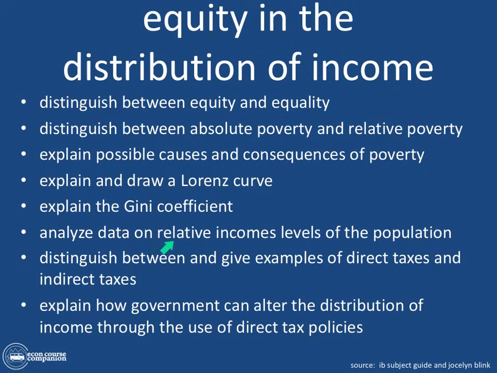Analyze data on relative income levels of the population. Can you do that? Can you distinguish between and give examples of direct taxes and indirect taxes? Can you explain how government can alter the distribution of income through the use of direct tax policies? Remember, direct tax policies are centered around income taxes. So proportional tax, regressive tax, a flat tax. What can the government do to alter the distribution of income through the use of those tax policies? Super inflammatory